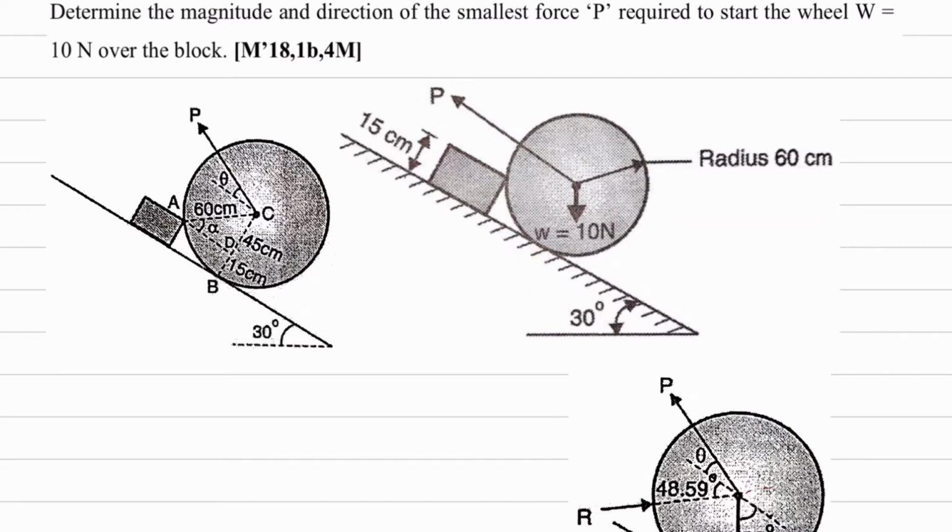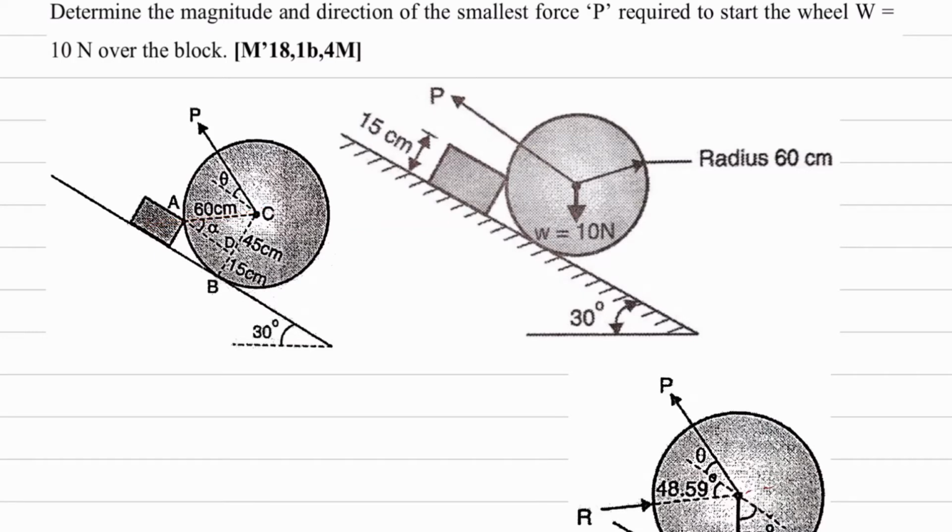Then what are the remaining forces in this diagram? 10 Newton is there, which is the weight of the cylindrical block, and P is there, and then there will be reaction. So this is basically a 3-force system, and we know that this numerical is on equilibrium. So the body is in equilibrium and 3 forces are there. So these 3 forces should be concurrent and passing through one point, right? So that is why the reaction force which is acting at A will pass through point C. So like this the reaction will be there.